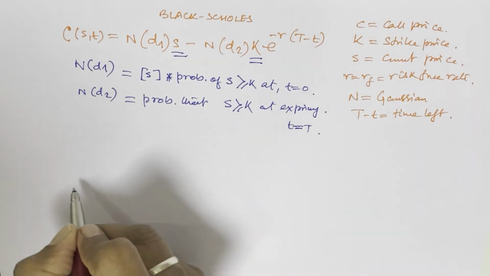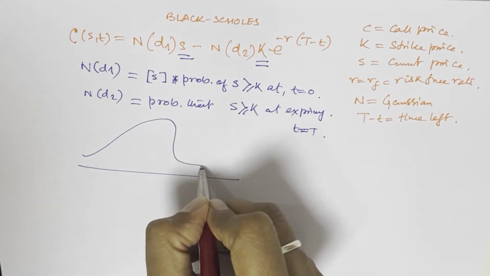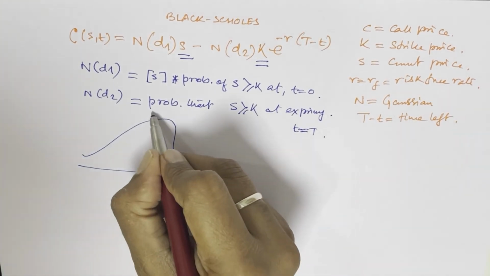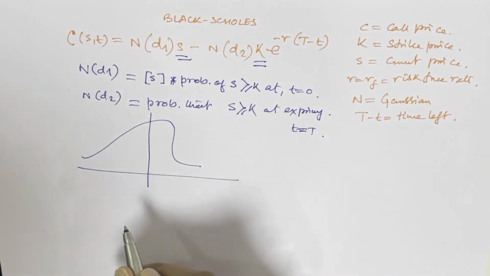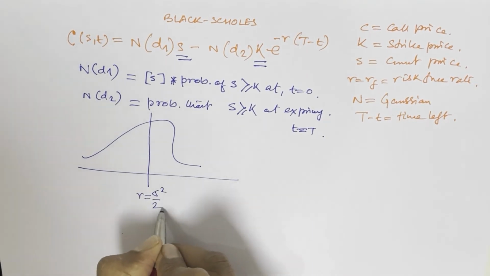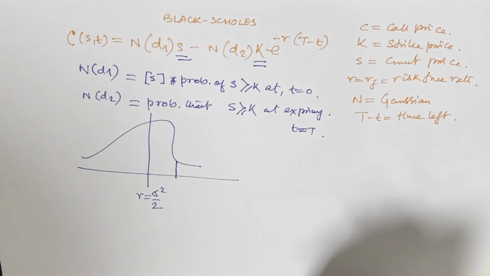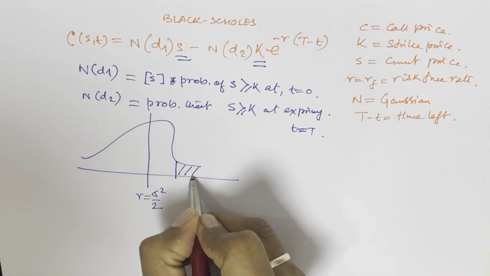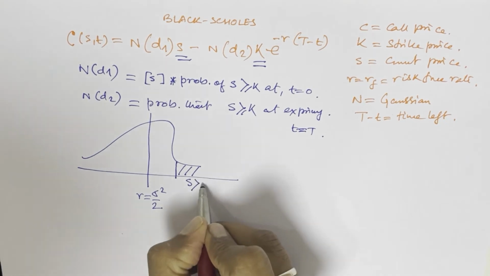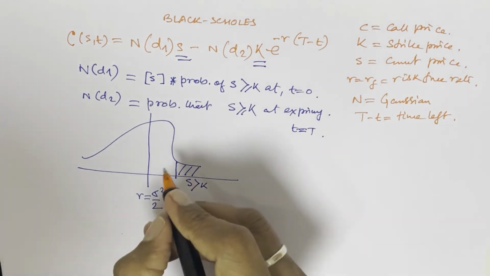So if I draw, my drawing may not be good, but I'm trying to draw. If I draw it like this, this is the midpoint, r equal to sigma square by 2, and this is the point where S is greater than K, and obviously the other part of the story,